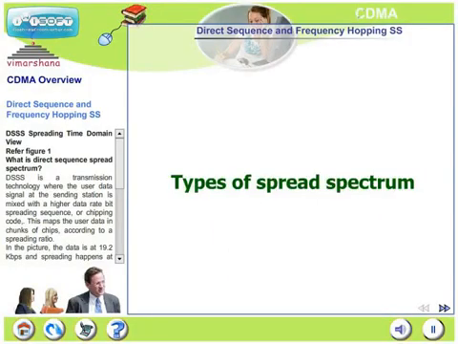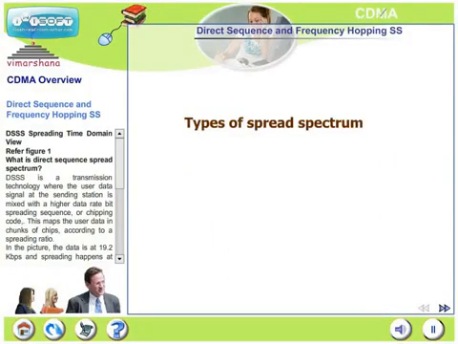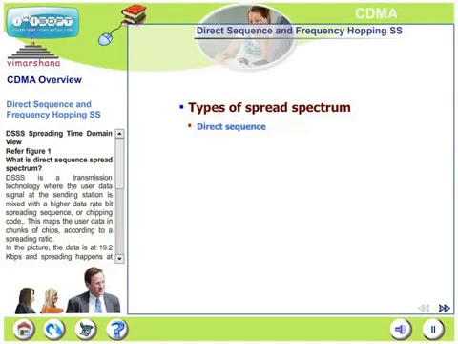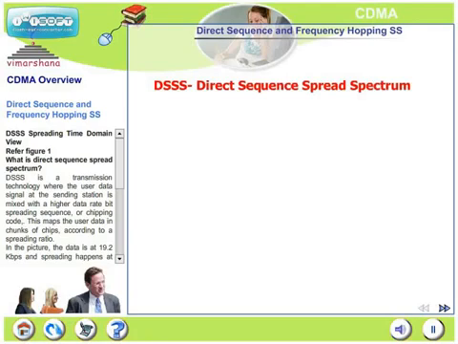Let us look at two specific types of spread spectrum. One is direct sequence, the other one is frequency hopping. So what is direct sequence spread spectrum technique? DSSS is a transmission technology where the user data signal at the sending station is mixed with a high data